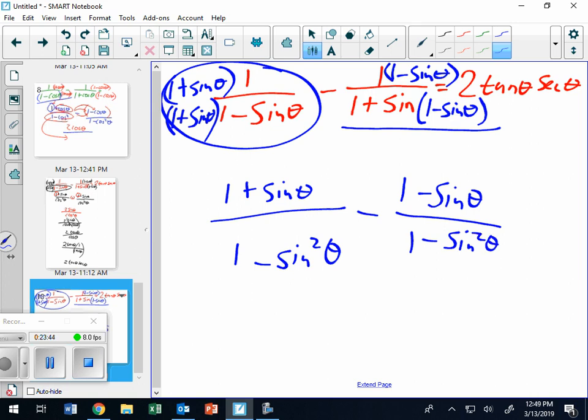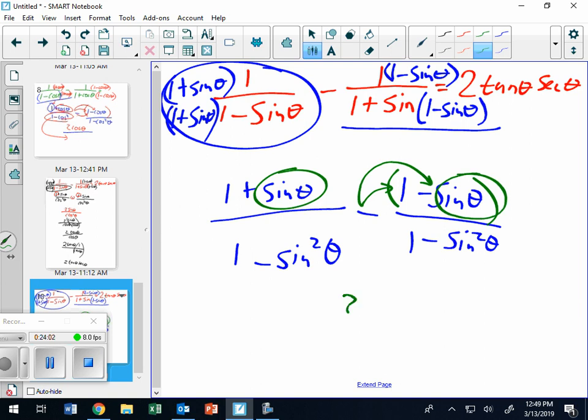Now, I'm going to put these together, and this negative is where all the trickiness happens here. That has to go there, and that negative has to be distributed to there. That makes the ones cancel on the top, and all I have left is sine, and this turns into positive sine,